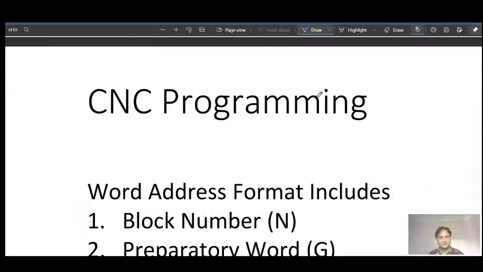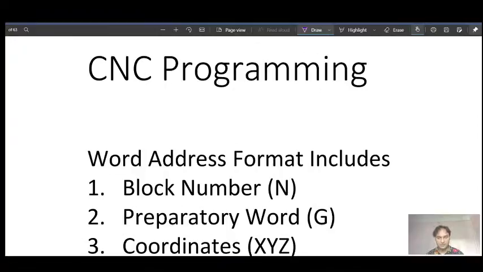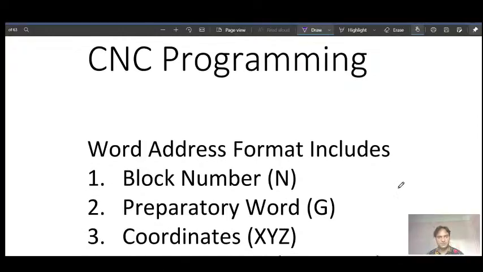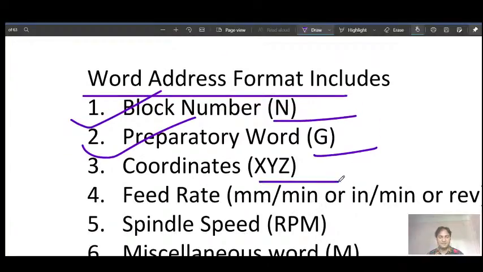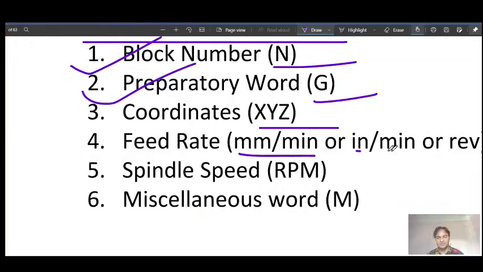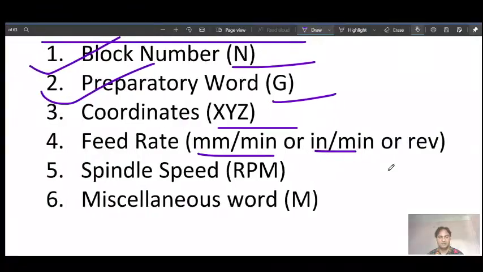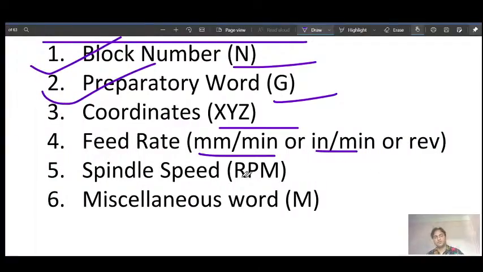So next, CNC programming in word address format includes block number N, preparatory word G word, coordinates XYZ, and feed rate, which is given in mm per minute or inch per minute, or mm or inch per revolution.